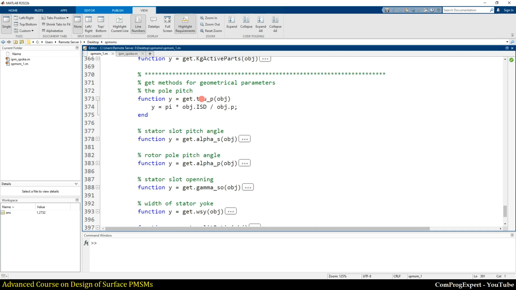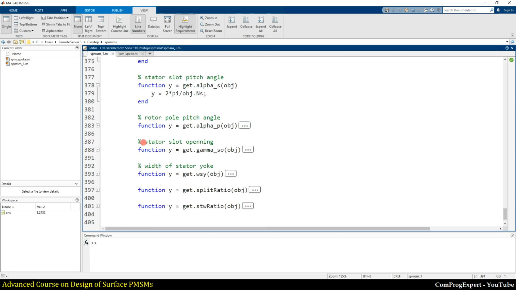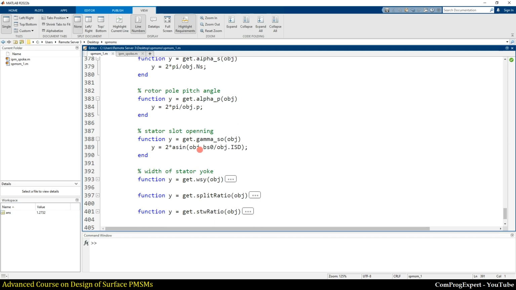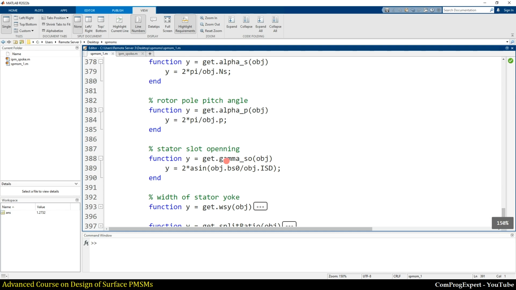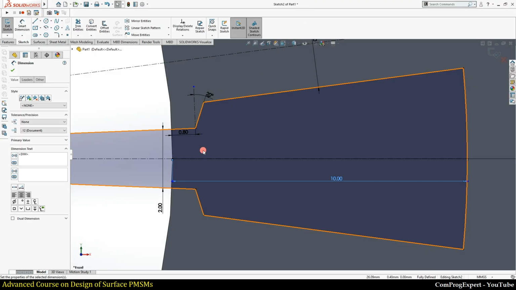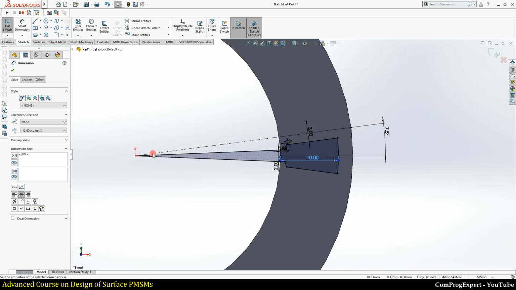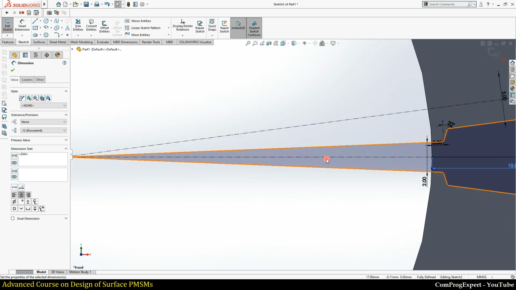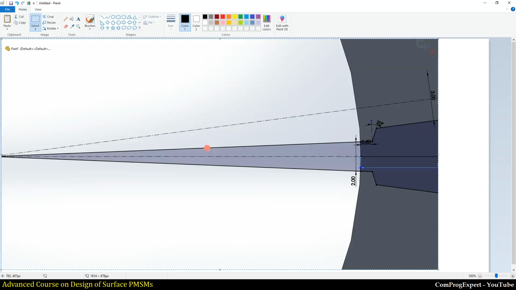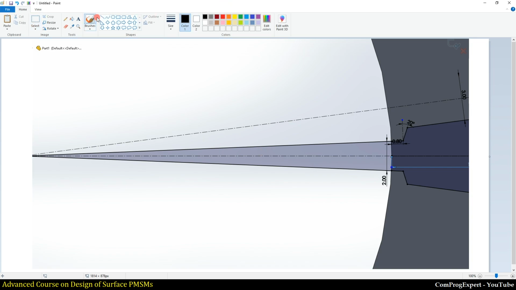So this is the tau pole, the pole pitch. This is the stator slot pitch angle, pole pitch angle, the gamma slot opening, the stator slot opening. What is this angle? This is the angle between these two lines. So if I take a screenshot, the gamma slot opening is this angle.